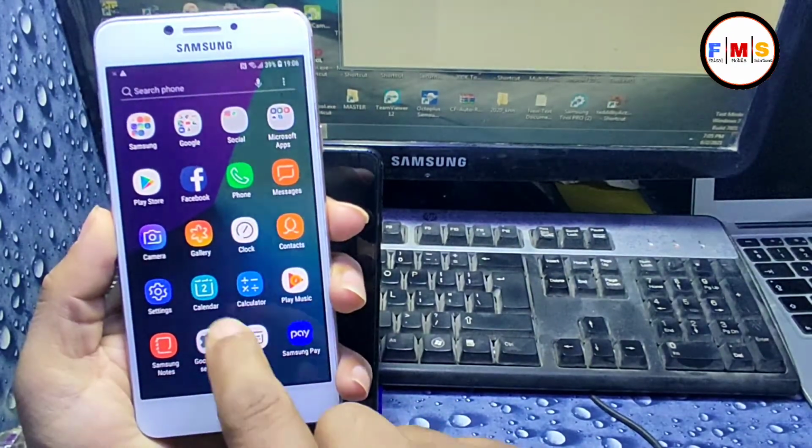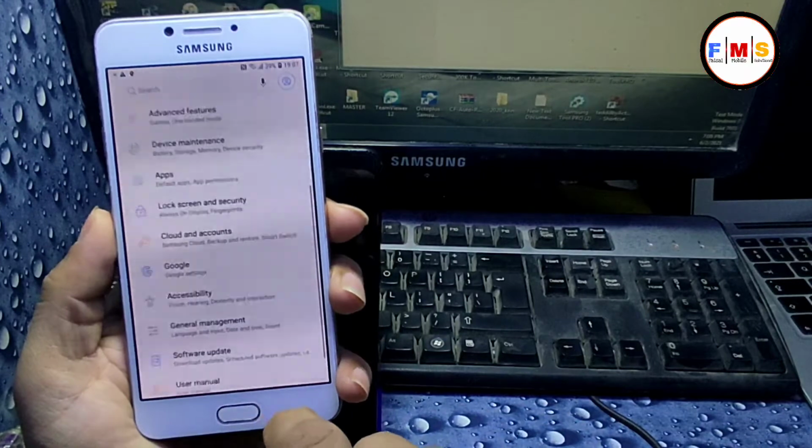As you can see, our phone is started up successfully. There is no lock at all.